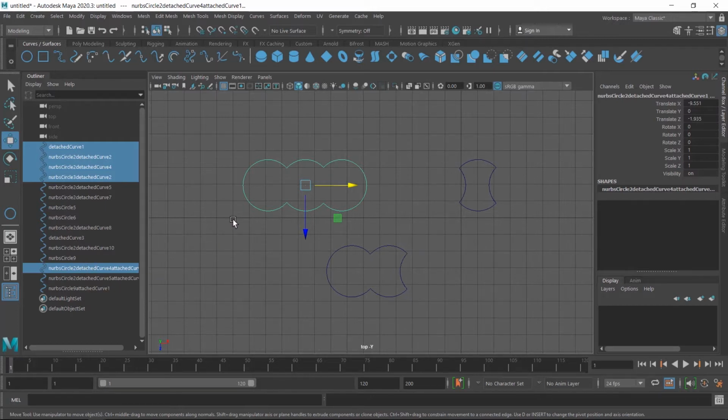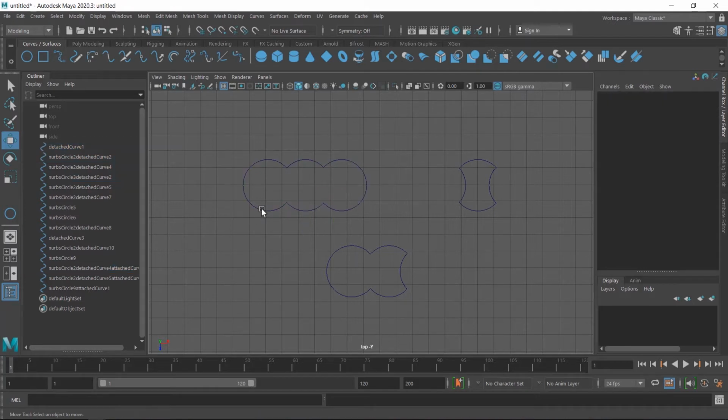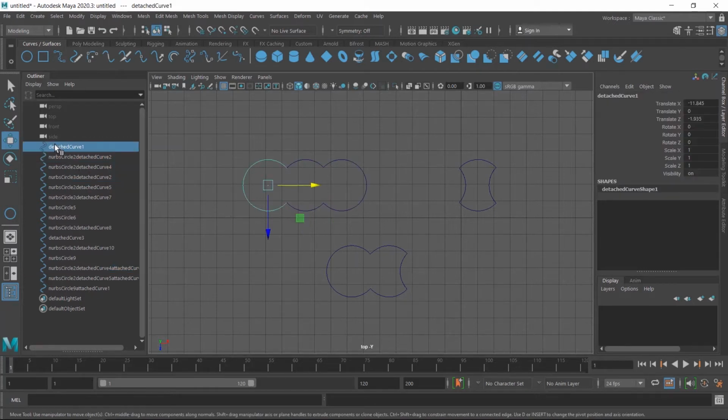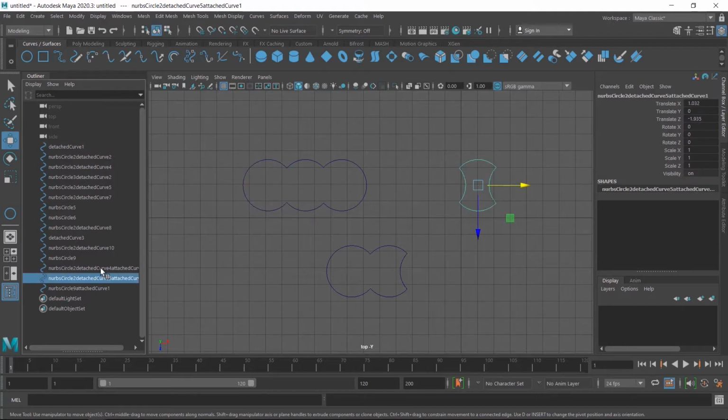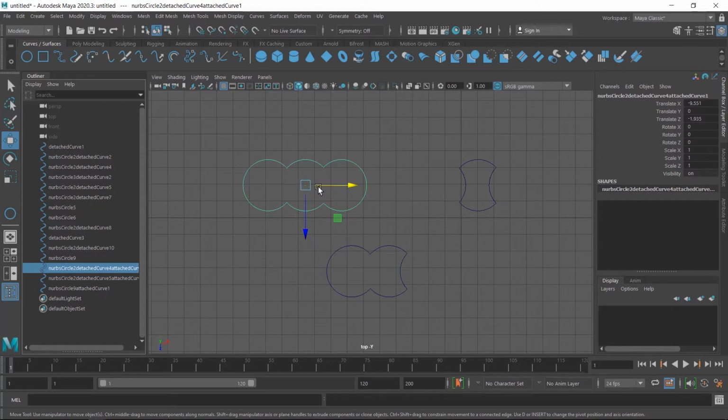If I select this shape, you can see a couple of other shapes are also selected. It means after applying these tools some other parts are also created. So first I select this object, and only one shape is selected here, and if I click on this, the whole object is selected. It means these are other parts of this shape.